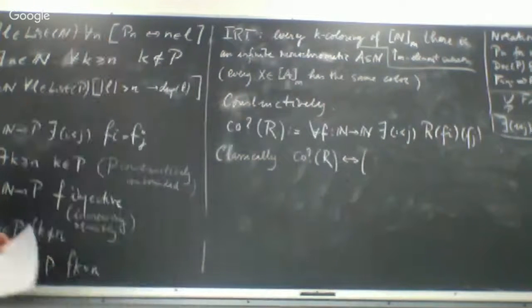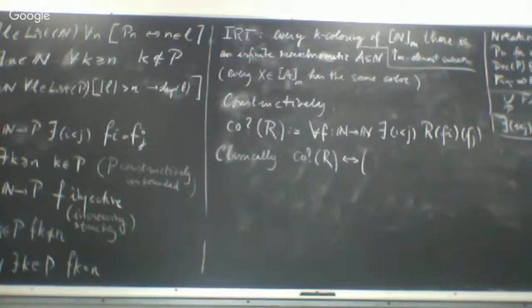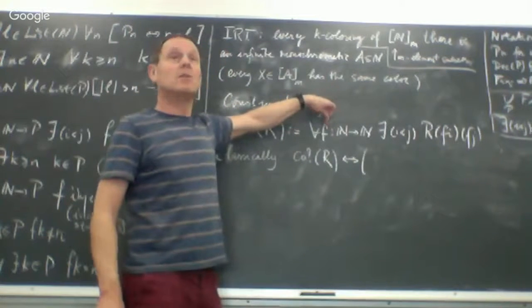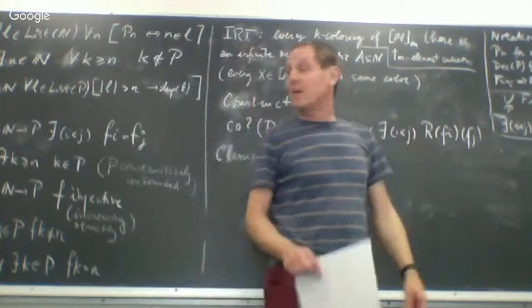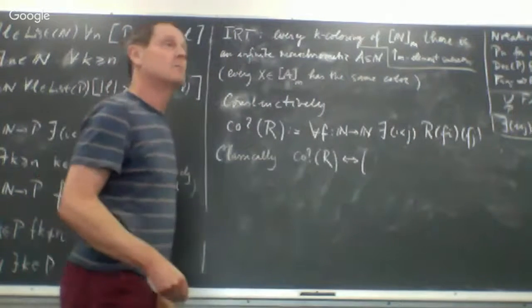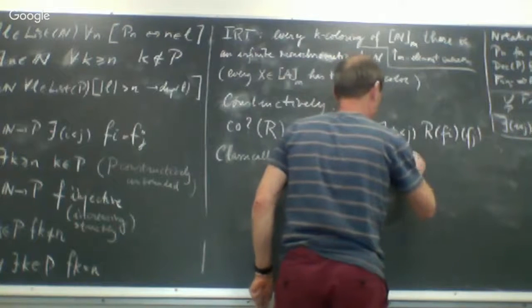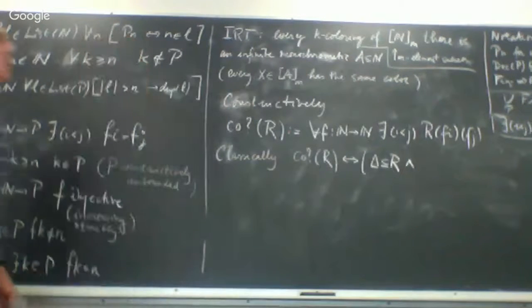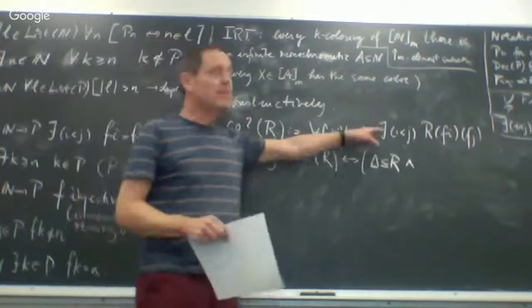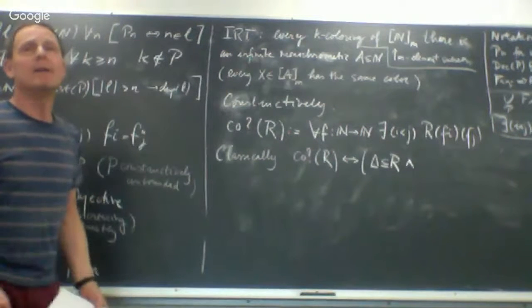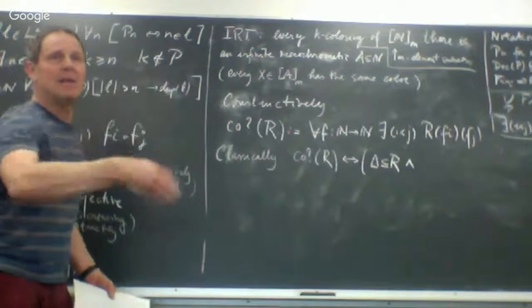In the first place, by taking for f a constant function, we get that R is reflexive. But what we also get is that the complement of R does not admit